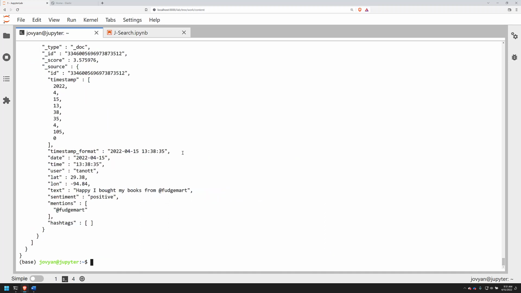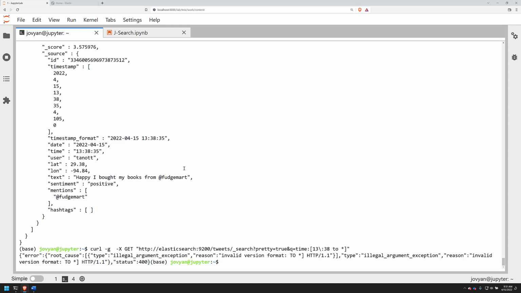Now I get 1338, right? So I wonder if I could do like time 1338 to star. I wonder if that works. See, and that doesn't work because it doesn't know how to compare that because it's not a number, right? So that won't work. I sort of did this on purpose to show you that